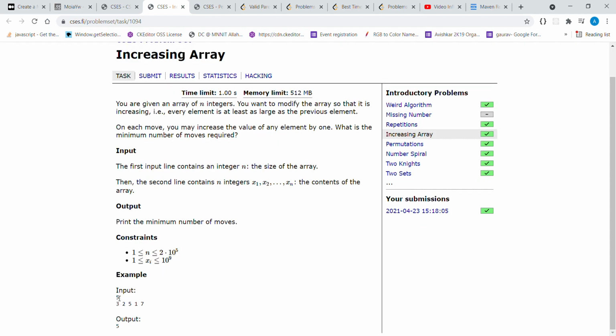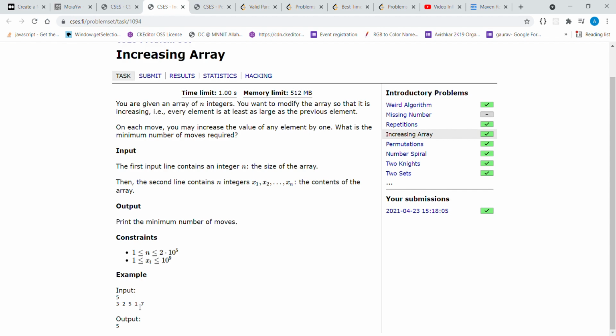Okay, so in here as we can see, 3 is greater than 2. So what we must at least do is make 2 at least equal to 3 so that the property of an increasing array is satisfied. So we would require one move here, then we move to 5, and after converting 2 to 3, at this point it's 3, and 5 is originally greater than 3, so we don't need to do anything.